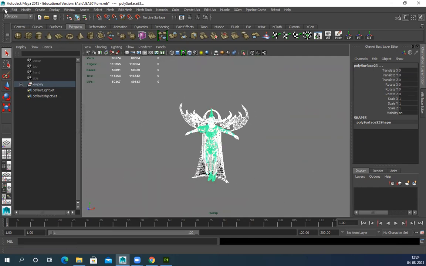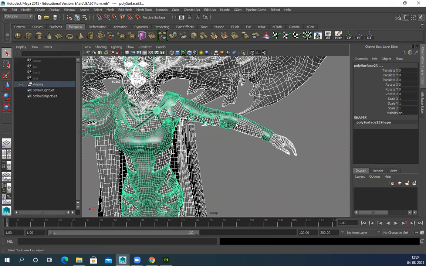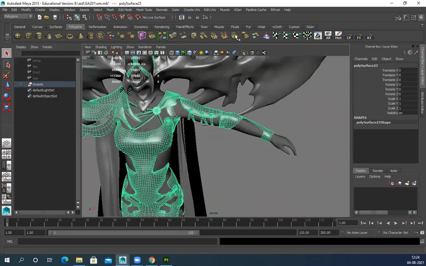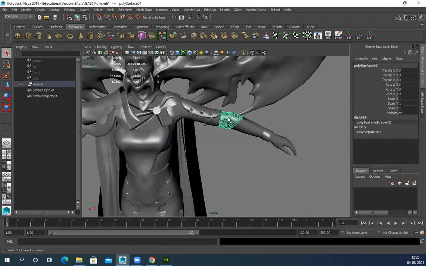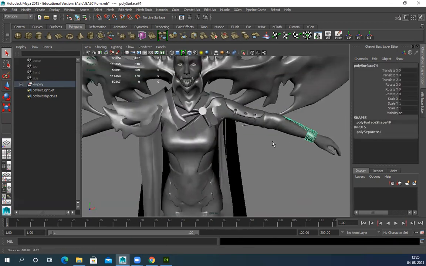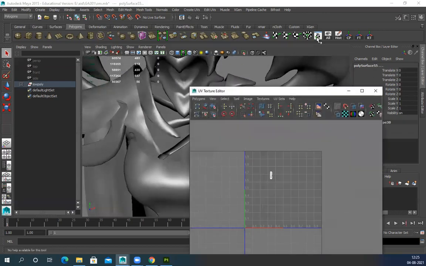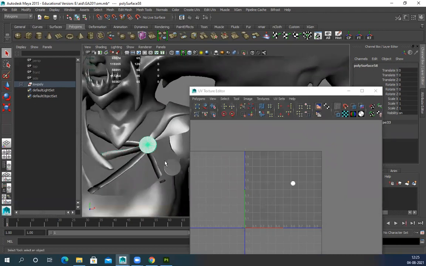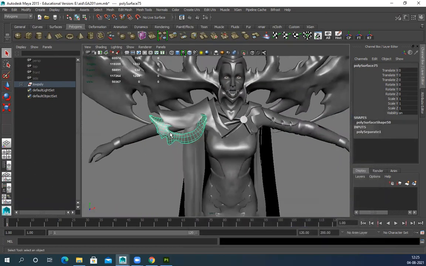Select the entire thing. This one has unwrap, this one doesn't. Okay, unwrapped, unwrapped. This one doesn't have unwrap.